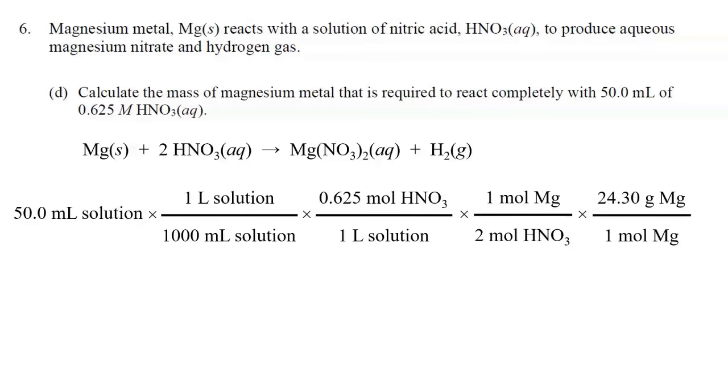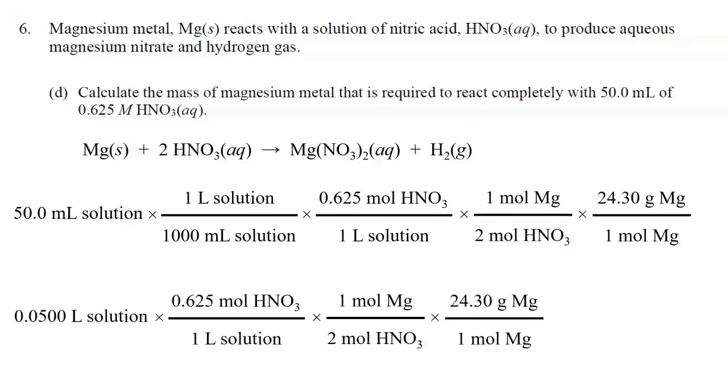You could just do the math in your head, 50 divided by 1,000, but remember that's 3 significant figures, 50.0. So if you're going to write that volume in liters, don't just write 0.05, it's actually 0.0500, so you preserve 3 significant figures for the volume of the solution. And yes, you could go from liters to moles of nitric acid, and then convert that to moles of magnesium, and then to grams of magnesium. So if you do this math, your answer is